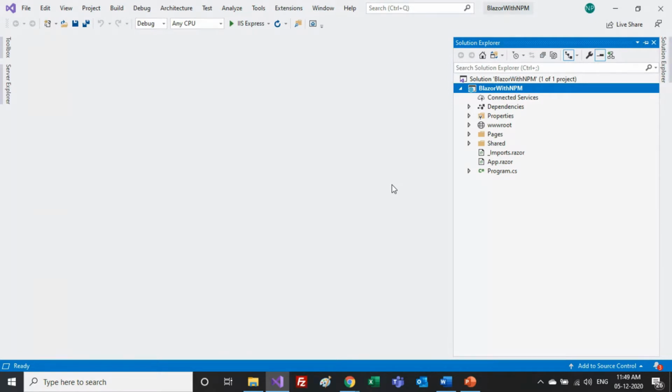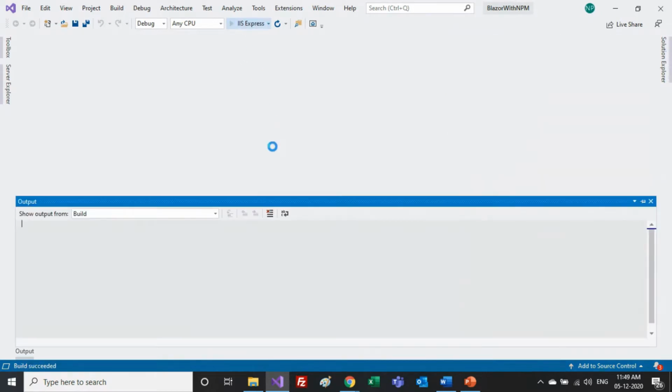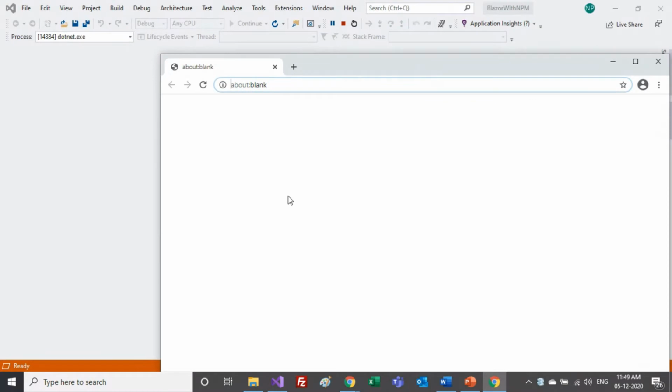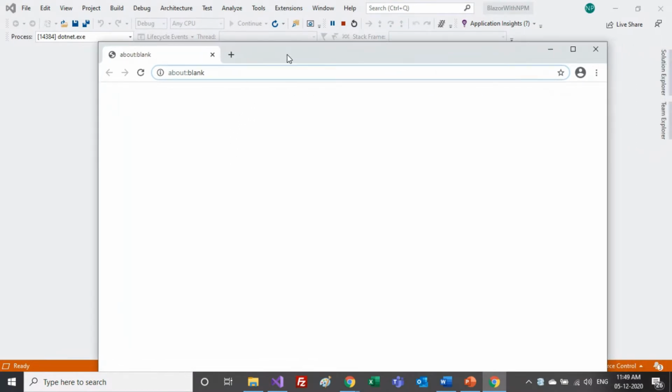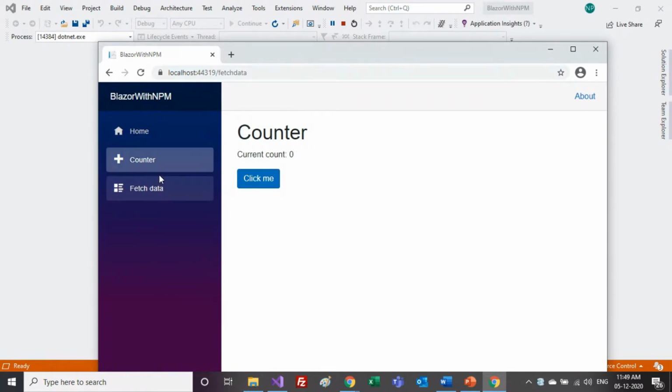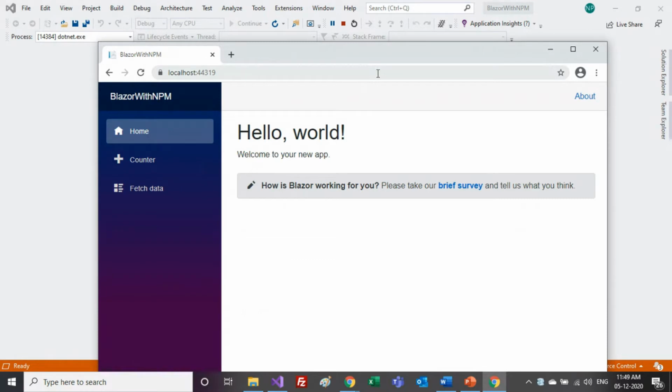The first thing you have to do is create a simple Blazor application, which I created just for a demo here. Let me show you how it looks. It's a pretty simple empty application that comes with the default counter template. This is simply a browser application that will open in this tab, and it has the default counter and other tabs. So here it is, a default application provided by the Blazor template.